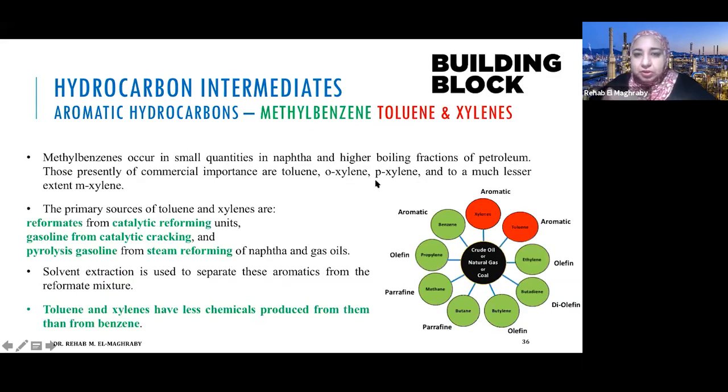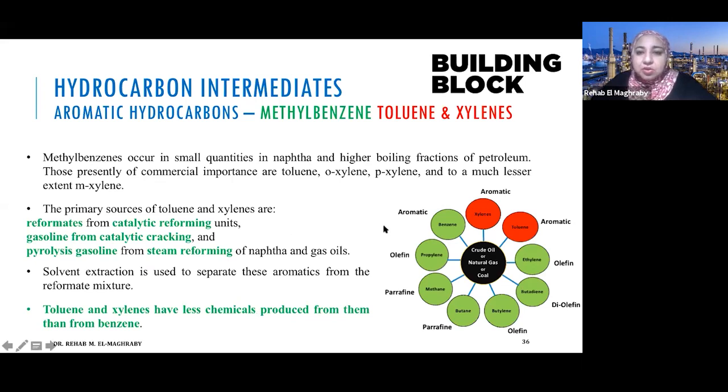The last two important compounds in the aromatic compounds, again, these aromatic compounds are not produced from natural gas using the normal process. They can be produced from natural gas or from biomass or from coal using the Fischer-Tropsch process, which is called gas to liquid (GTL). Okay? If you see the GTL process, it is the conversion of gas to liquid fuel. So this liquid fuel contains many compounds, esters and aromatics and so on. So one of these will be benzene, toluene, xylene.